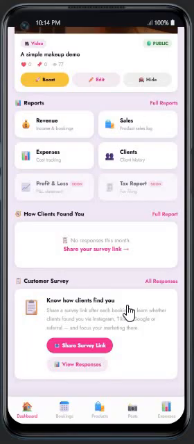Some may see your content via Instagram, some may see your content via Facebook or TikTok or other social media platform where you post, right? Now, with this link, you send this to them and they will fill it up. What it just does for you is it tells you the source from where your customers got to know you,